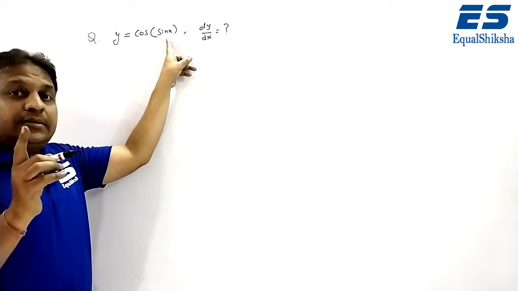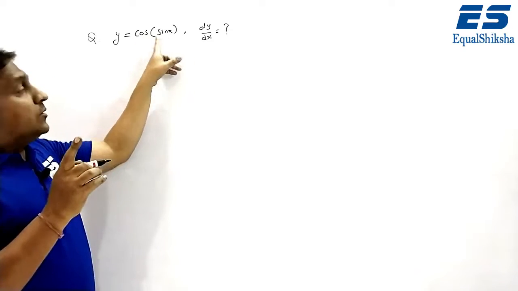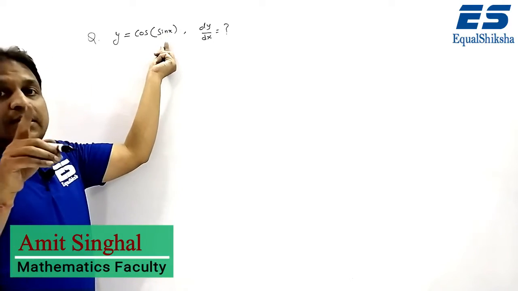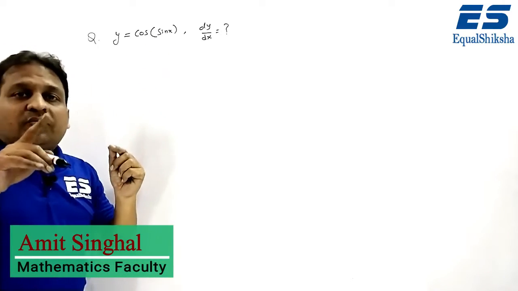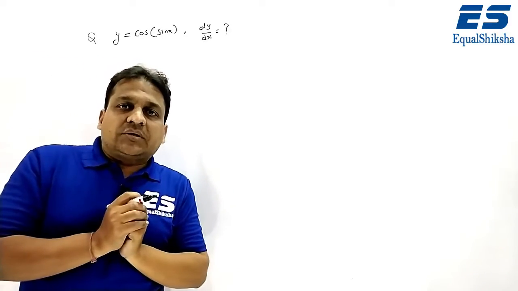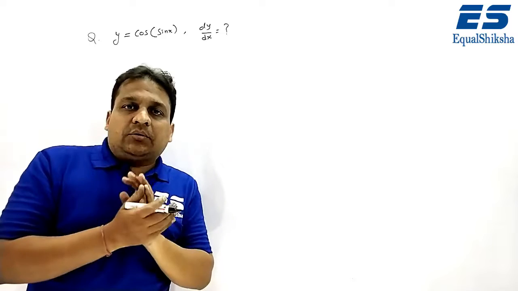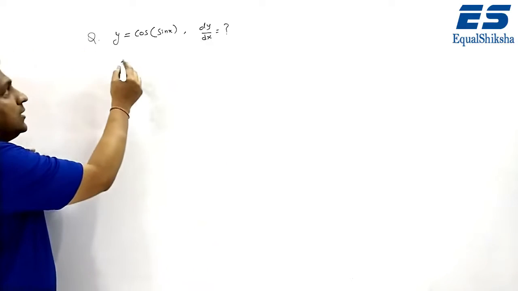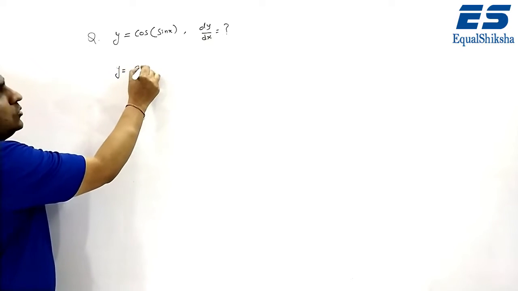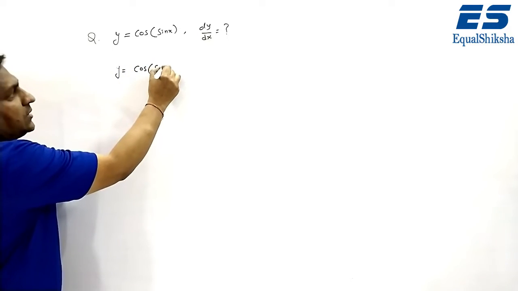Normally as you see cos and this sin x. And this sin x, where is it? It is like cos theta. Theta will be the angle here. Theta is the sin x. So this is the example of function of function. For doing the differentiation of such a function, we have to apply chain rule. Now we are applying chain rule. Then y is equal to cos sin x.